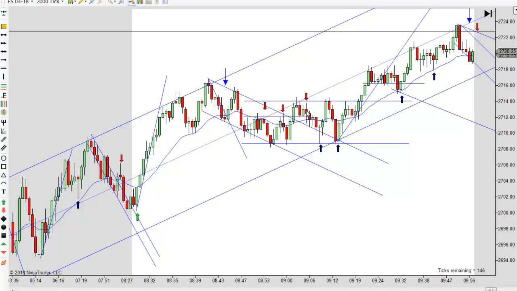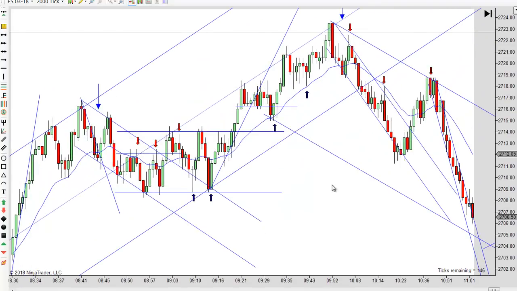Well, I'm trying to see how big the bar is, but it's not giving it to me for some reason. Anyway,